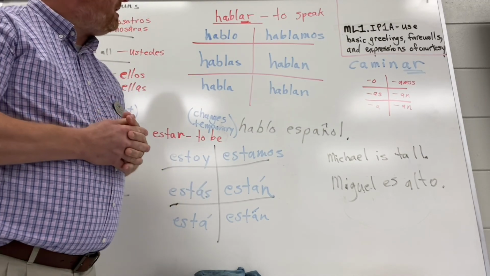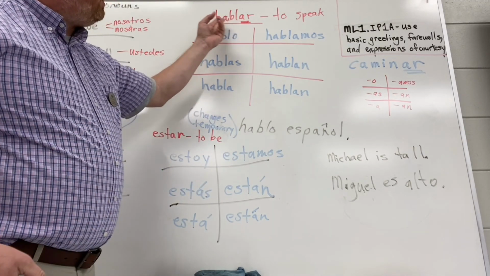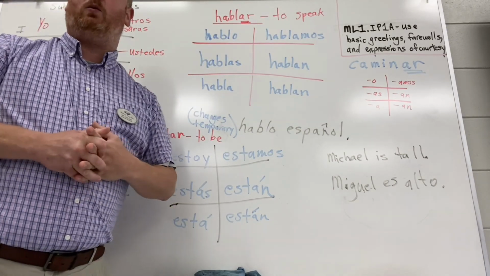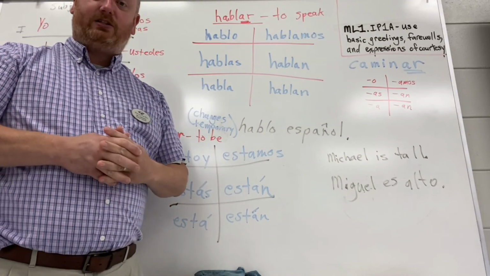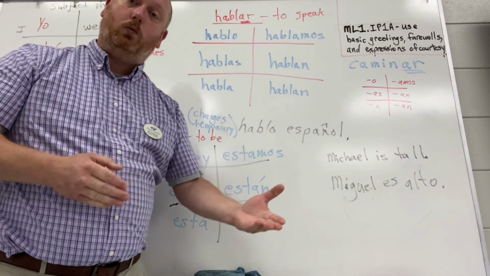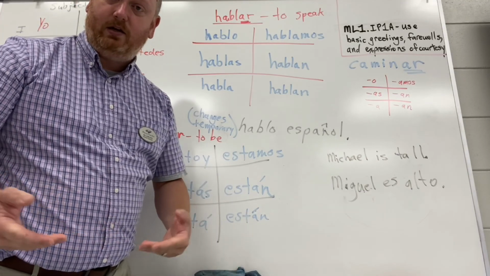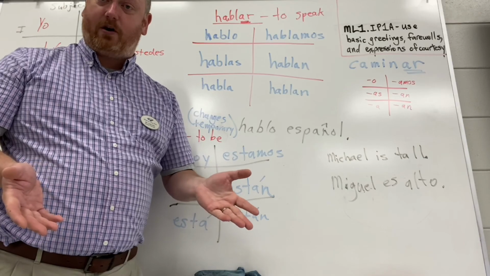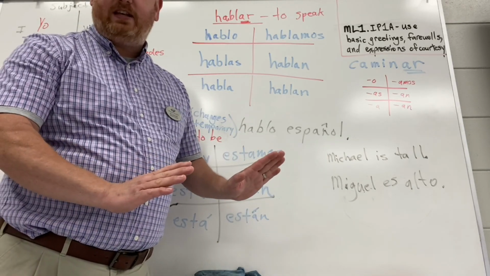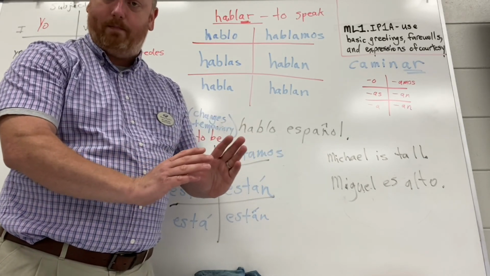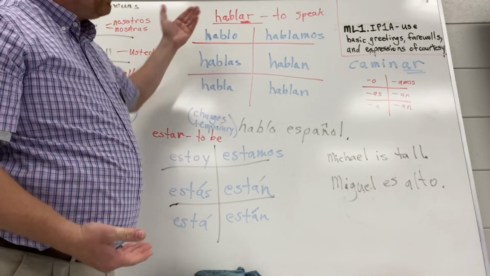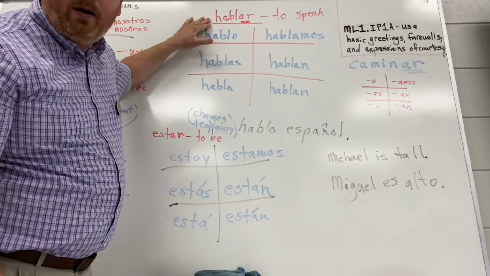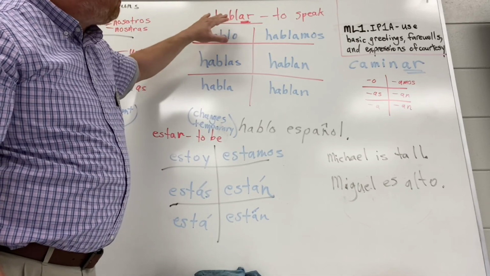And the verb hablar is what we call the infinitive form of the verb speak. In English, an infinitive is the one who has to in front of it. So examples of infinitives could be to walk, to run, to speak, to be. All those are infinitives. It's the simplest form of a verb. You haven't really done anything to that verb. It's just its simplest form. Okay? If you look up the word speak in a Spanish-English dictionary, you're going to find this verb hablar. And it's going to be in this form.